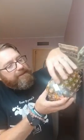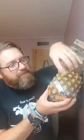Okay, so I wasn't allowed to paint all the spirals on my pineapple, but they're a little bit easier to see on a pineapple. Actually, if you look, you can see that is very clearly one of the spirals, right? So according to the Fibonacci theory, or according to Leonardo himself, there should be a Fibonacci number of spirals on this pineapple. So here's what I did. I just chose a place to start with this one, and then I followed it all the way up and around,